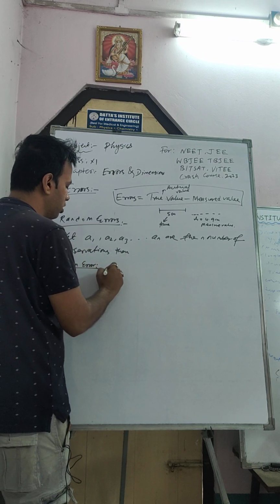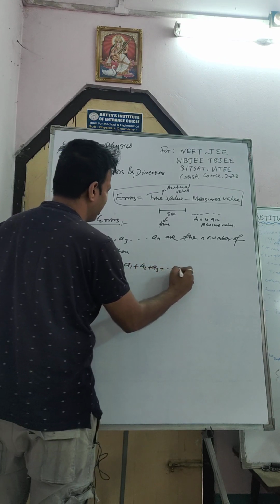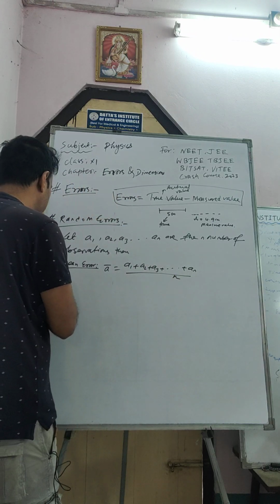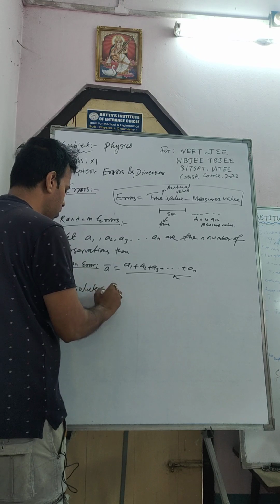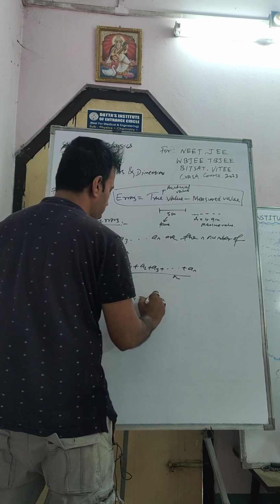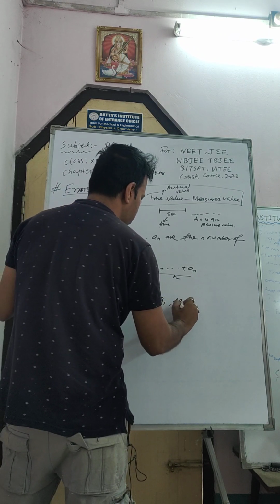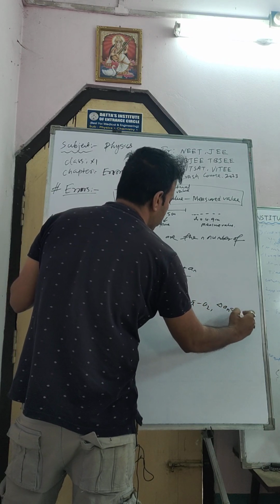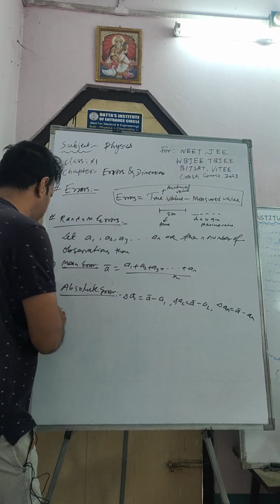Mean error is denoted by a bar equal to (a1 + a2 + a3 + ... + an) by n. Number 2 is absolute error: del a1 is a bar minus a1, del a2 is a bar minus a2, and del an is equal to a bar minus an. Okay, now